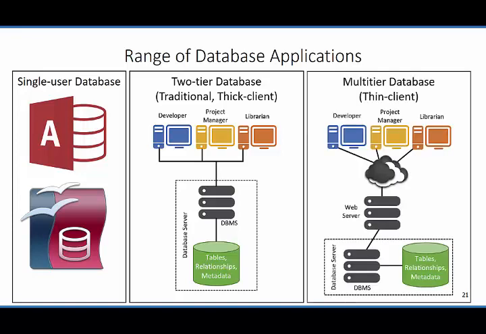Then we have the multi-tier database, which is the thin client, which means that the applications are not run on the client, they're run on a web server or some other server. For example, when you interact with almost any web client, Dropbox, OneDrive, Google, you name it, you don't have that application installed on your computer, rather it's installed on a server, and that application then interacts with the database server to get the information that we want. For the purpose of this course, we'll be focusing more on multi-tier databases and the reason why we do this is because it's a more secure way of managing our